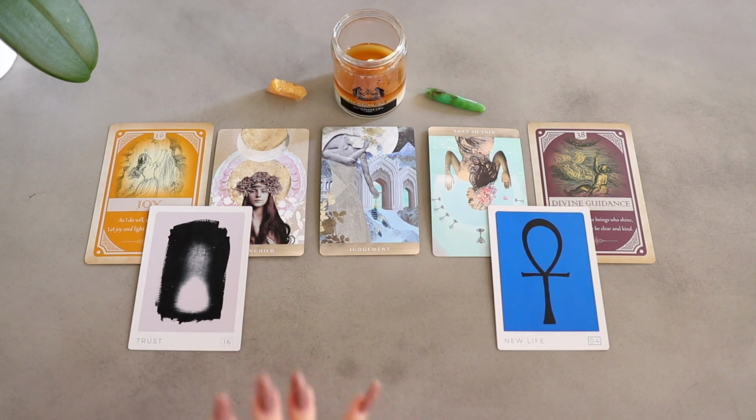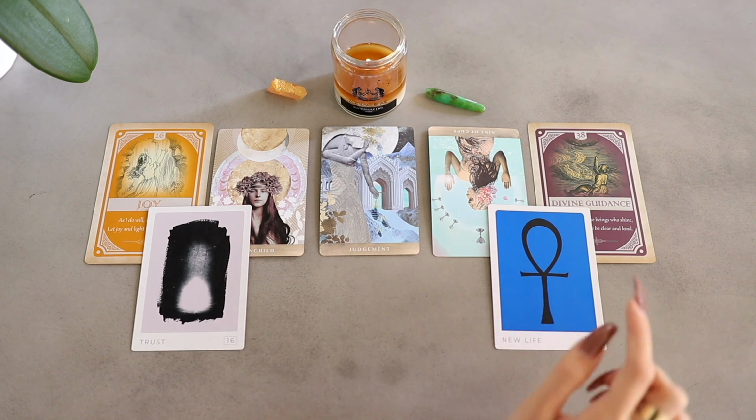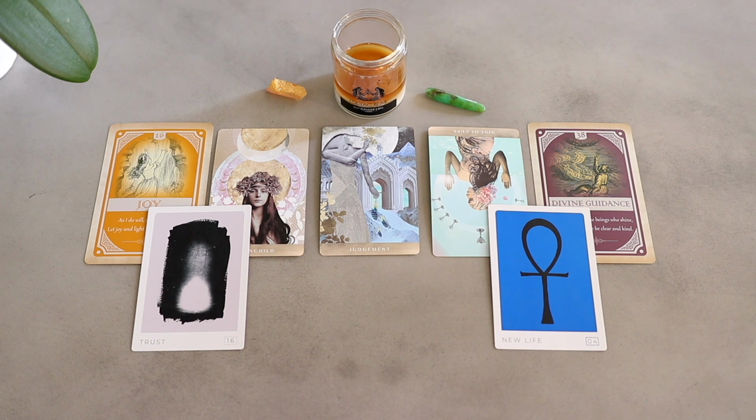So trust, you guys are on the right path. You just need to trust in the universe, go along, follow the guidance. I feel like you guys are being guided. And sometimes it feels like you're entering a dark cave, kind of like what we see on this card. Sometimes it feels like we're entering,